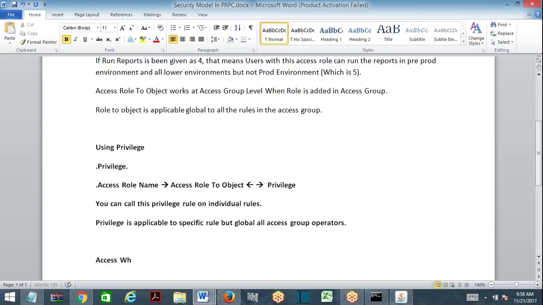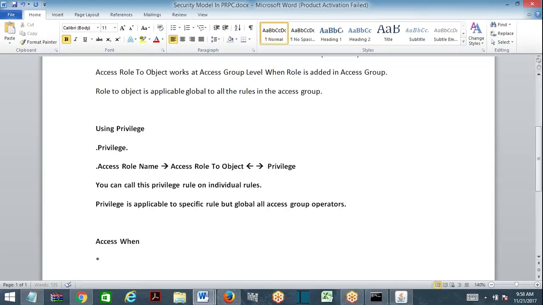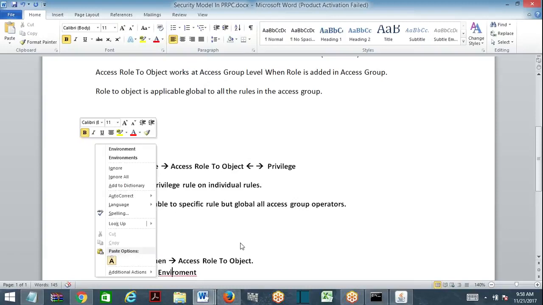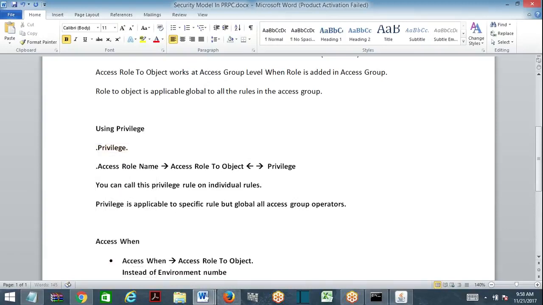Okay, now tell me, access when. What is access when? Access when rules can be called in access role to object. So instead of environment numbers, we give access when.